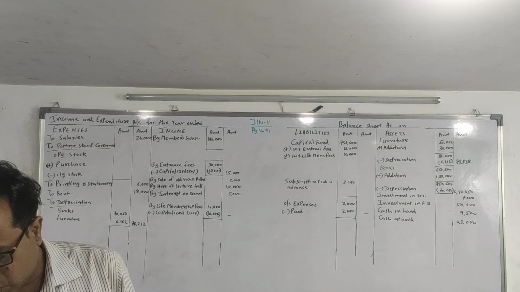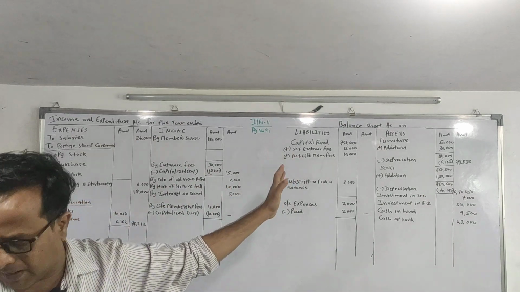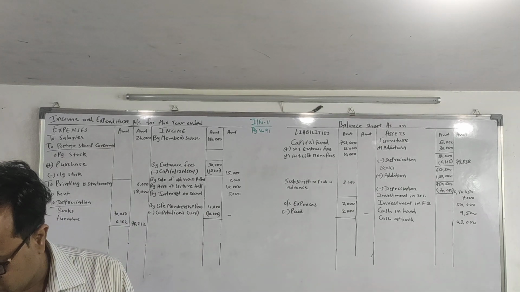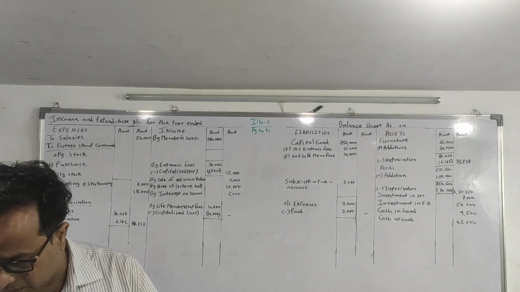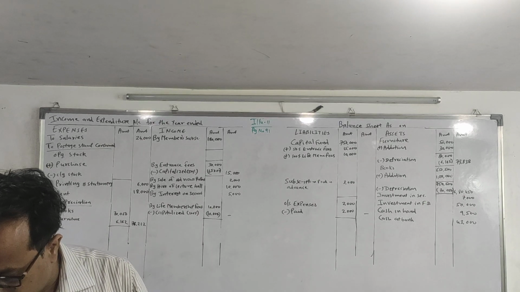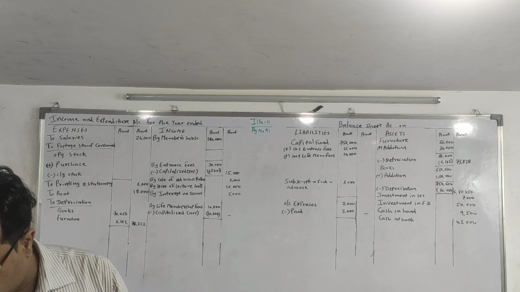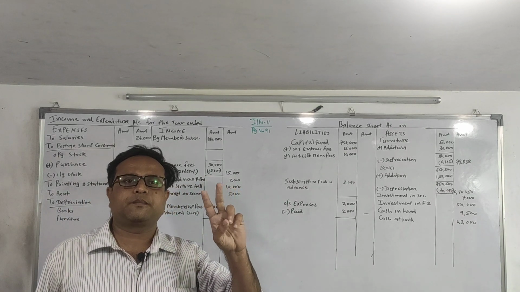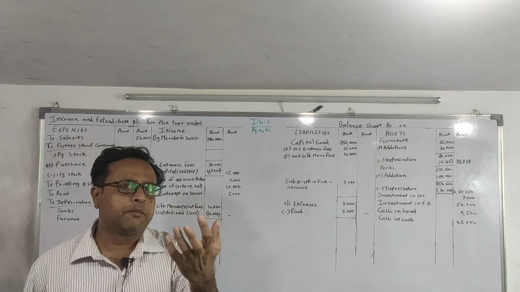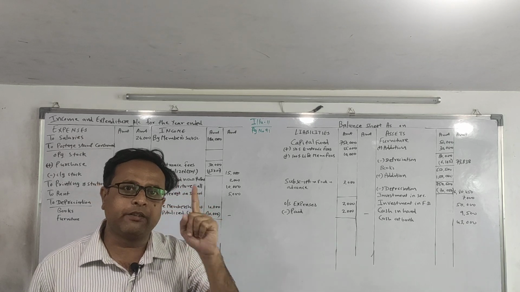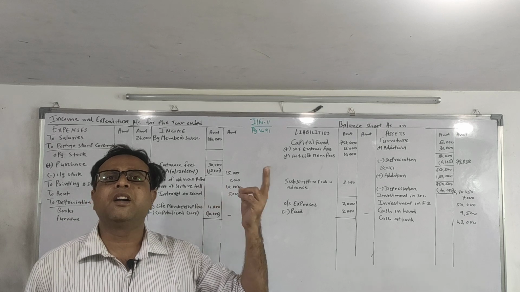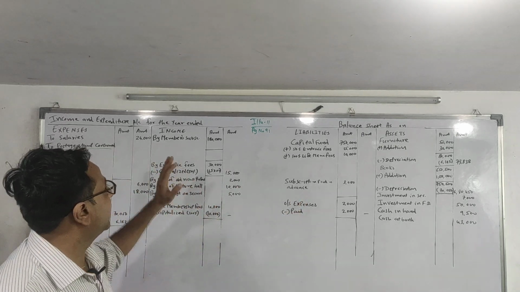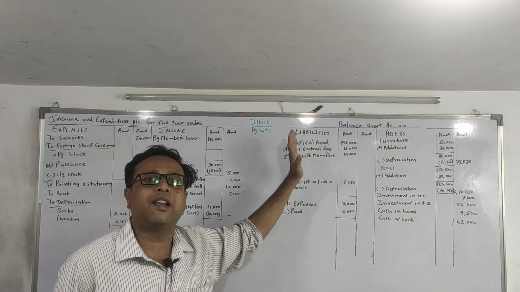Furniture, books, stock of postage stamp, we will not write in the balance sheet. Investment in securities, asset side. Cash in hand and cash at bank we will ignore. Now come to the receipt and payment account for the year ended 31st March 20. Again the receipt side has two effects, where money has come in, so either it will be an income or it will be a liability. We will write at one place, either it will be an income or it will be a liability.